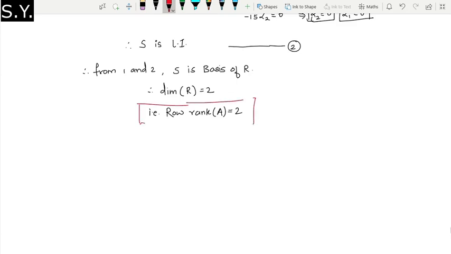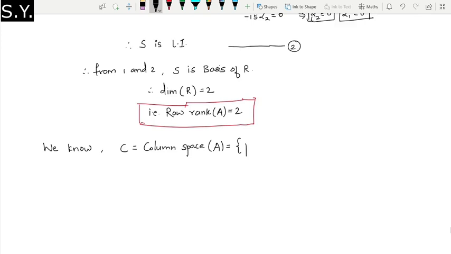Now we are supposed to go forward to the column rank. Okay, so we know, I will write down the definition of column space. I will call it as some C. That is column space of A, set of all beta 1 C1 plus beta 2 C2 plus beta 3 C3 such that this beta 1, beta 2, beta 3 belongs to R. Now can you tell me this column space will be a subspace of what?